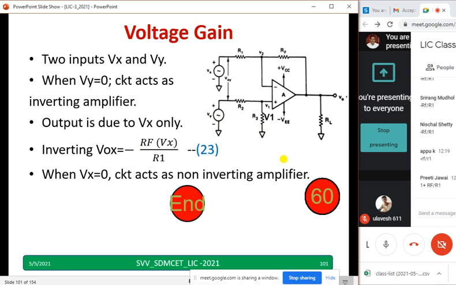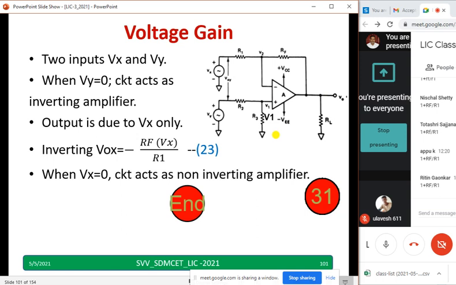Just now, Preeti, thank you. You have typed 1 plus RF by R1. Muttu has typed for inverting. Vinayak, Abhinandan, Srirang, all are typing 1 plus RF by R1. Take a few seconds. Try to type the output voltage equation completely. V0 dash equal to. I'll see if somebody writes correctly. I have not explained, but let me see how my students can use their brain. Gain is okay, 1 plus RF by R1, I agree. Total output voltage now, V0 dash equal to, I want 1 plus RF by R1 into what? Is it Vy or something else? Ritin, Apu, Totashri, these are okay, thank you.